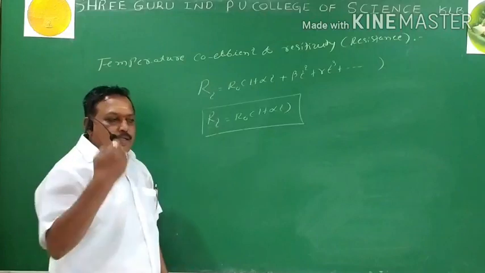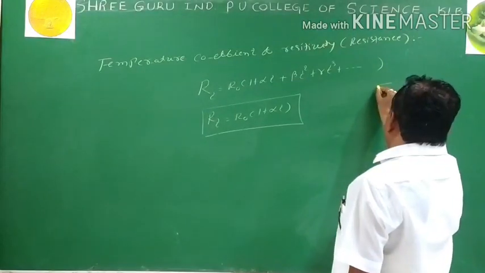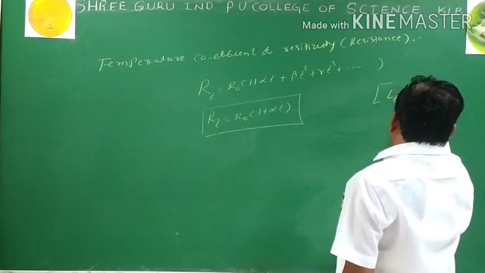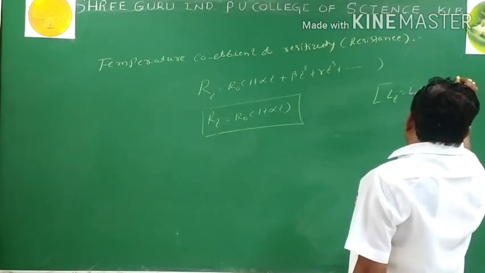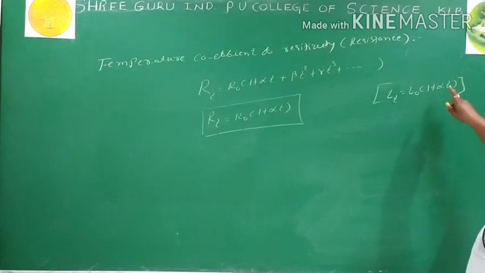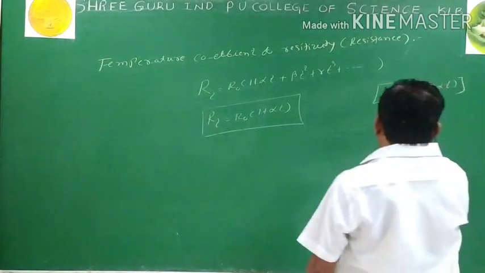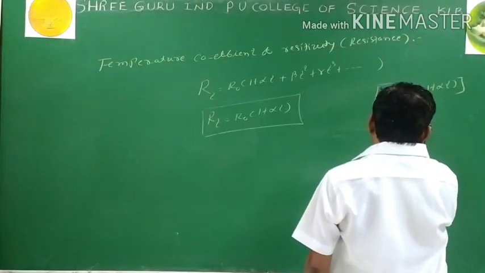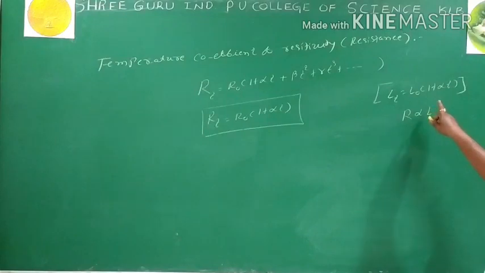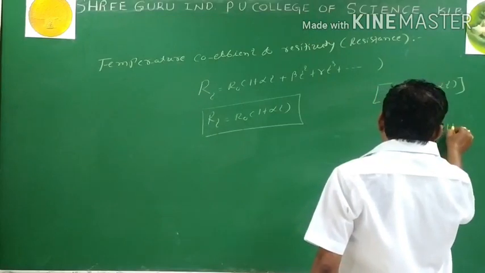To remember the equation, we have already studied in heat and thermodynamics that the variation of the length of the conductor is LT equals L naught into bracket 1 plus alpha T. This is nothing but the equation of linear expansion, where alpha is called the coefficient of linear expansion. The change in length is with respect to what? The original length L naught. We have already studied in current electricity the relation between resistance and length: R is directly proportional to L. Then if I replace L by R, automatically the equation becomes RT equals R naught into bracket 1 plus alpha T.